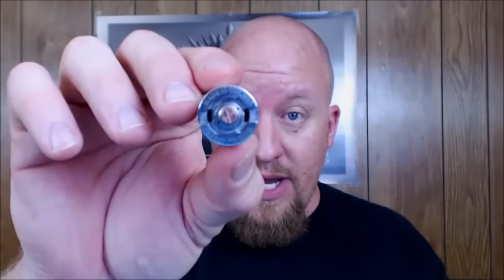I kind of am in the boat with Grim Green, where he talks about how mod makers need to get together and unify your 510 connections. Please unify your 510 connections. Stop making ones that are that long and then ones that are that long. Just all get together and say, hey, what's the best length? Make one, so that they work with every device you have, whether it's a hybrid or whether it's this or whether it's that. Unify. Now that one's long as hell. That is really long. And then your airflow comes in the bottom there, right underneath your coils or wherever you want to put it. So that's the little first look at the